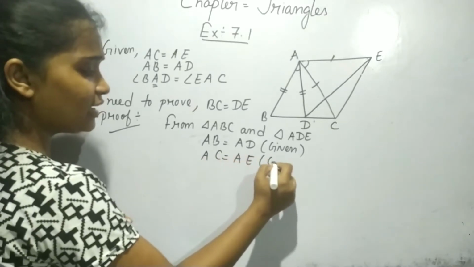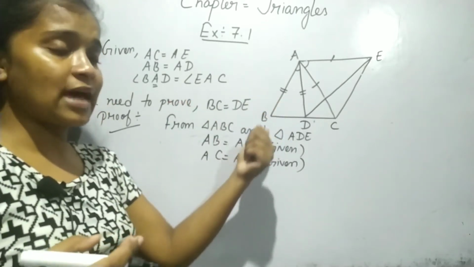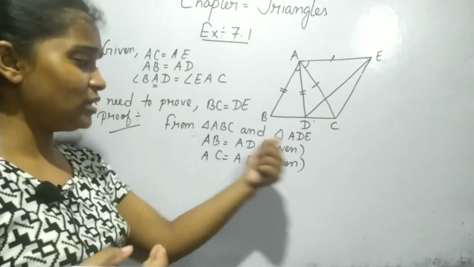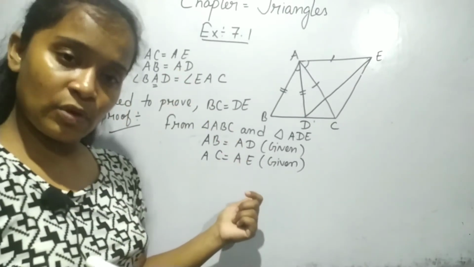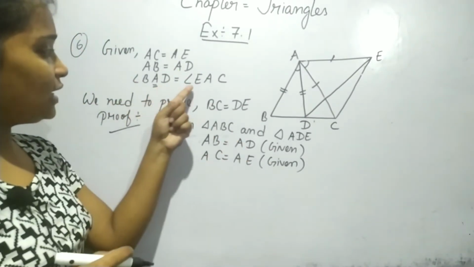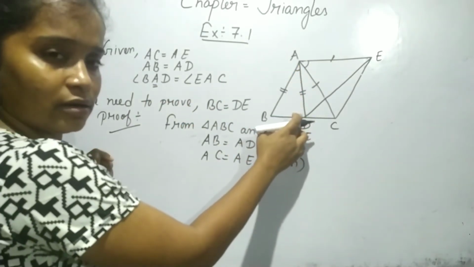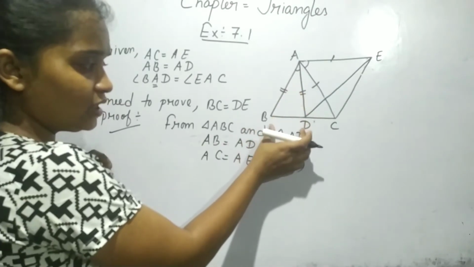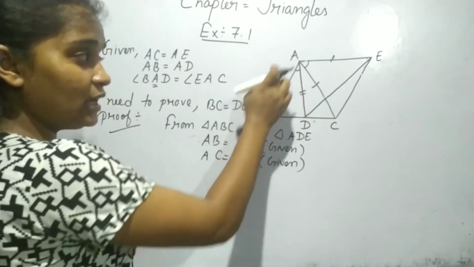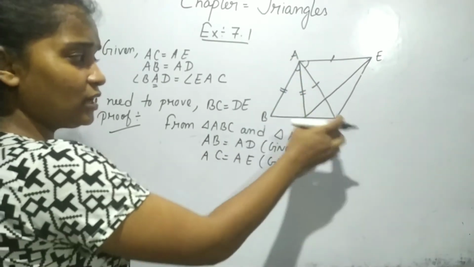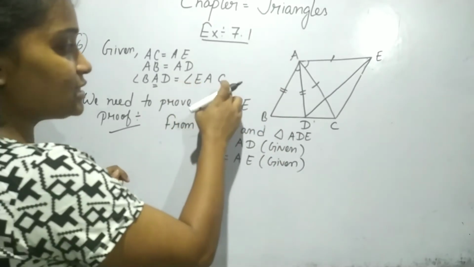Whenever you are taking the given conditions, first of all you check whether those sides or angles are included within these two triangles. Directly you don't put the given condition. Now here look, BAD and EAC. BAD, look at here. I am not taking this triangle, I am taking this triangle, that is BAC, or ABC. I am not taking BAD, so this is not included here. Another one is EAC.